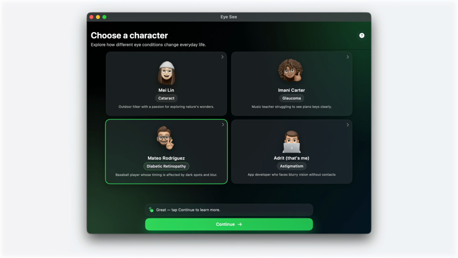Now, I want to hear about your winning SwiftStudent Challenge apps. So, Adrit, let's start with you. Here's an image of IC, and I'm curious, how did you get the idea for the app, and what does it do? Yeah, so IC is an app that uses on-device image processing algorithms, which I developed to emulate different eye conditions. Those are what you saw in the characters represented on the first screen.